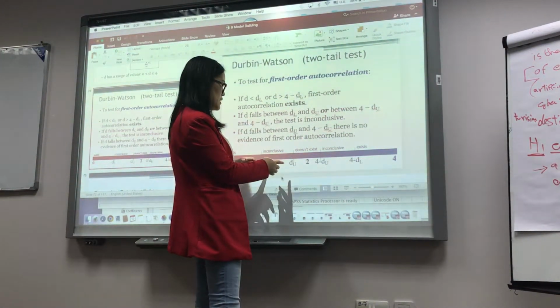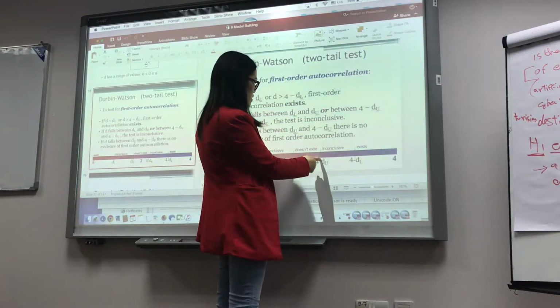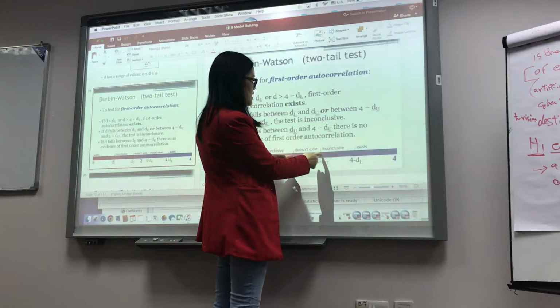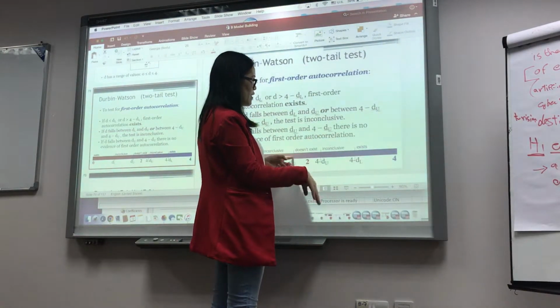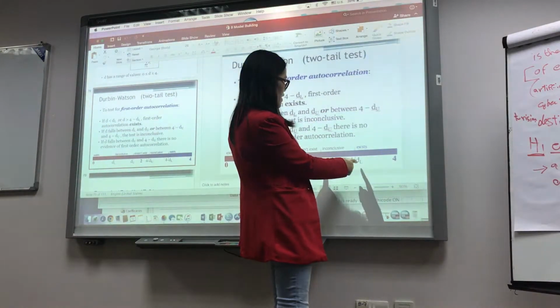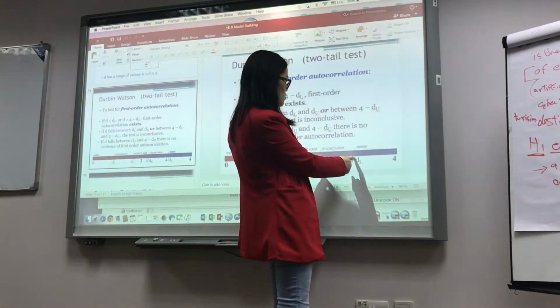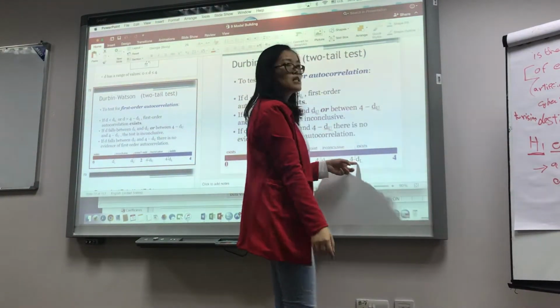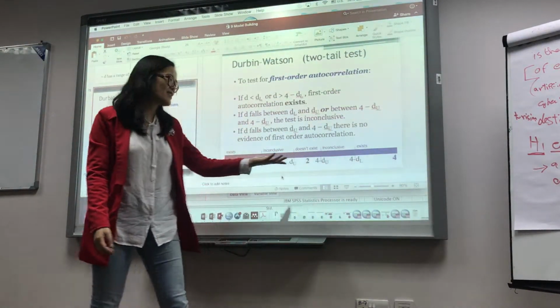We're not sure whether it exists or not. If it's between DU and 4 minus DU, then it doesn't exist, so the data is fine. Between 4 minus DU and 4 minus DL, it's inconclusive. If it's more than 4 minus DL, then it exists.